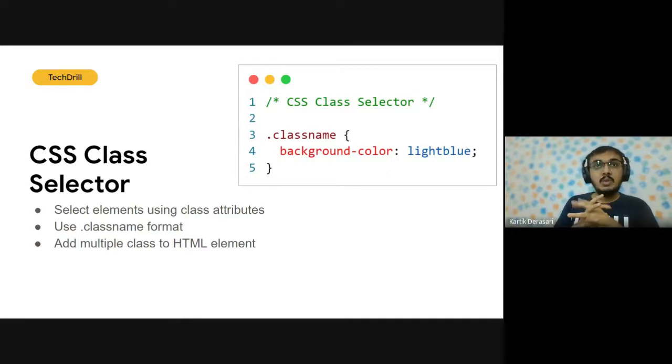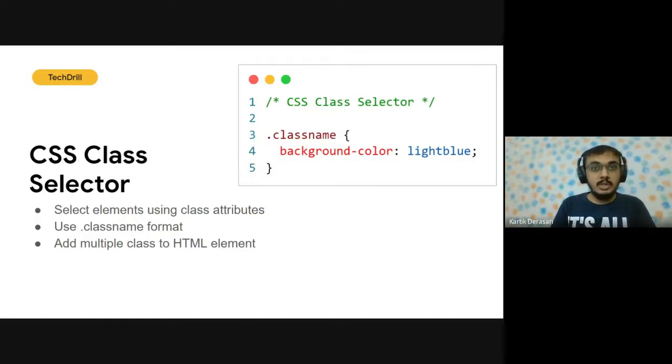The ID selector was for unique elements, but a class selector is majorly for single or multiple elements. We can assign a class to any HTML element,